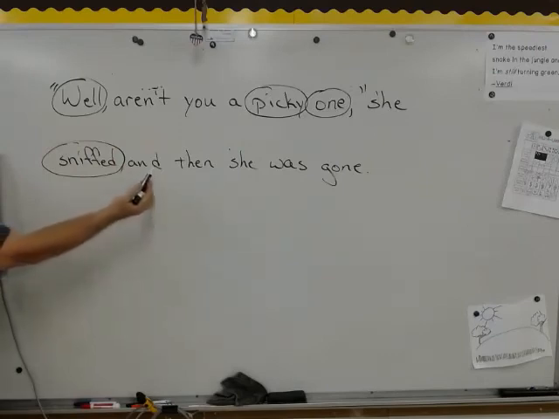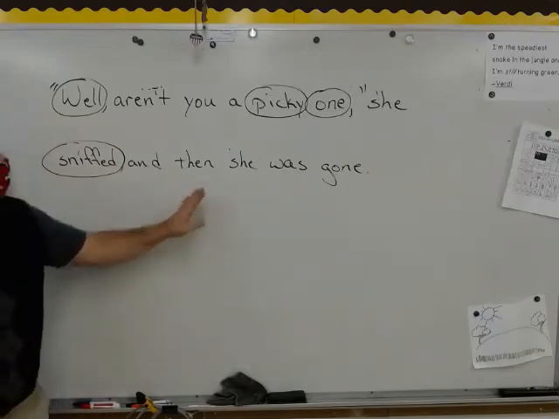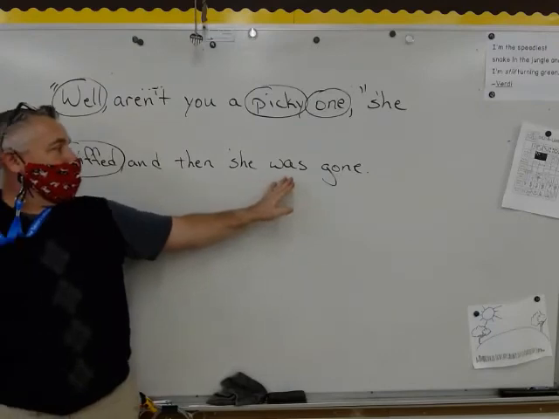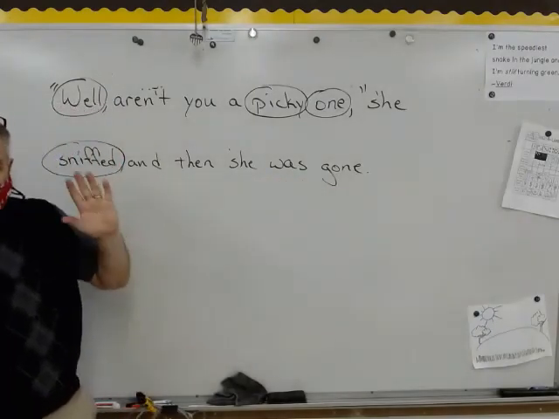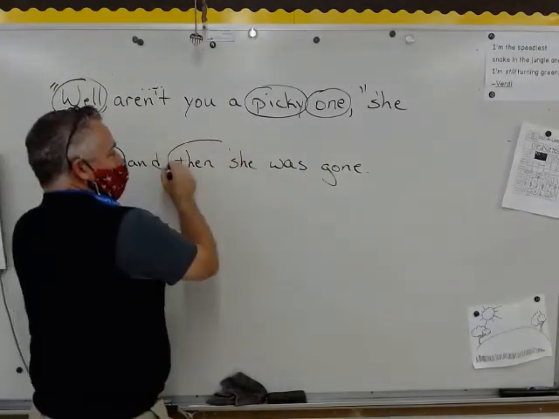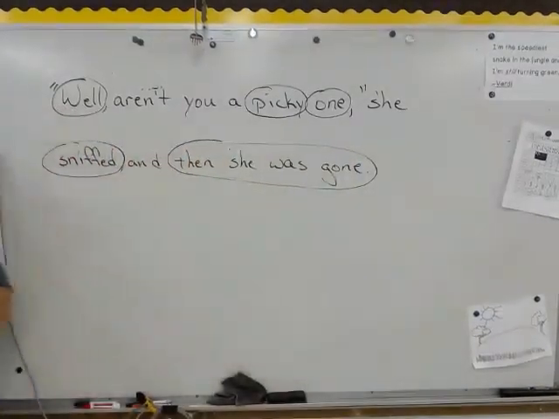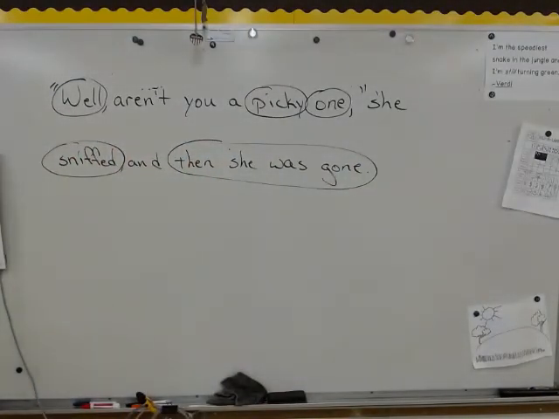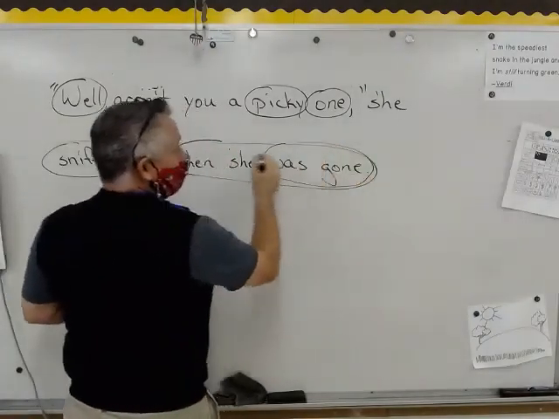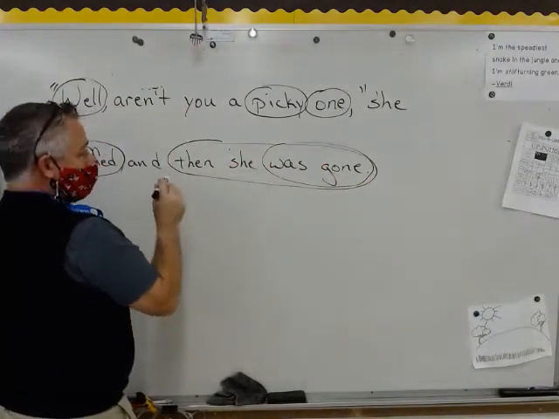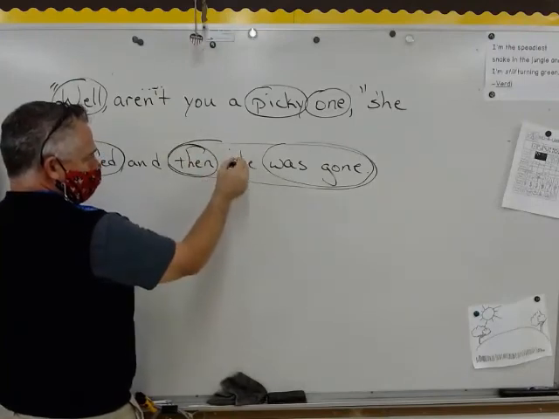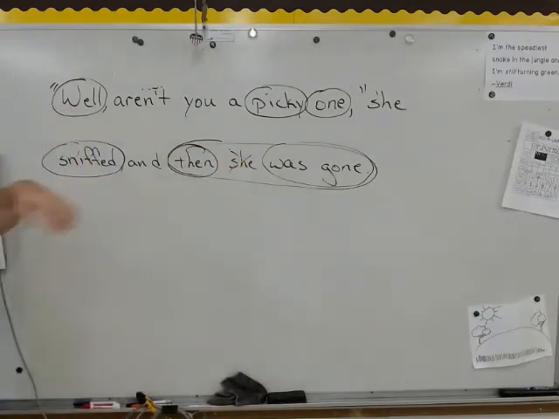Can't really change that. If this part right here, then she was gone, you could probably think of that as one big phrase, especially was gone, think of that as just one word. And then you could probably think of a word that would just replace was gone. Okay? You could probably do then. In fact, don't change the she. Just maybe change then or was gone. So you've got a few choices of what you can change.